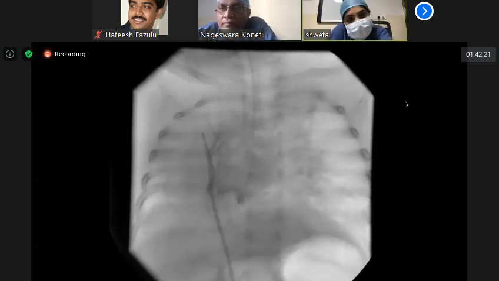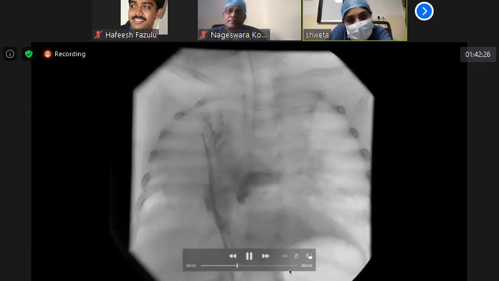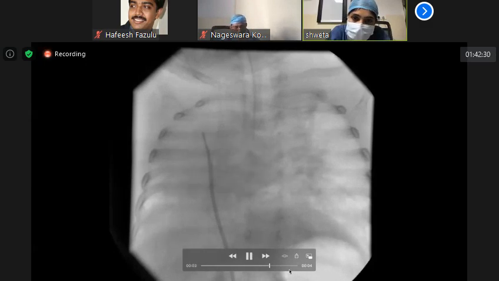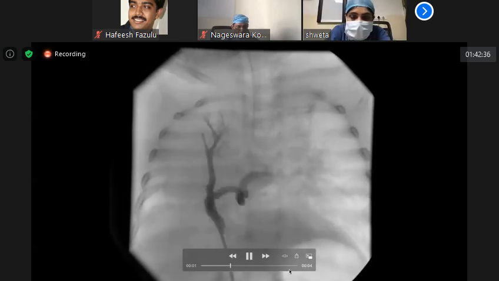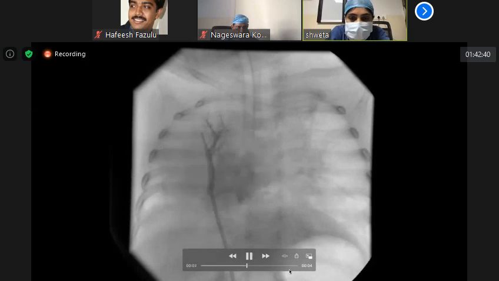Good evening, everybody. I hope all of you are safe during this tough time. Kalyan, to start with, your description should go this way: the child is intubated. As you can see, there is an ATTU, and then there is a dextroposition of the heart, and then the catheter course. These are very obvious findings.